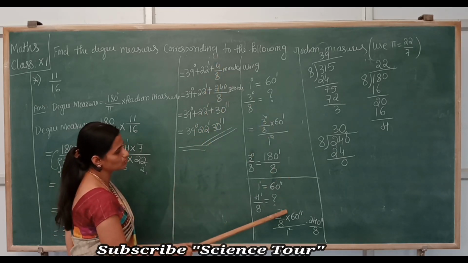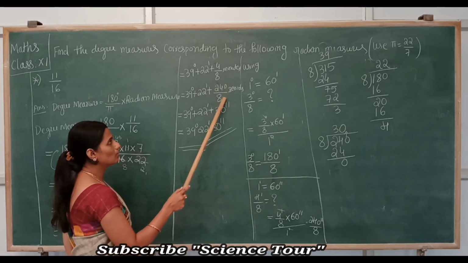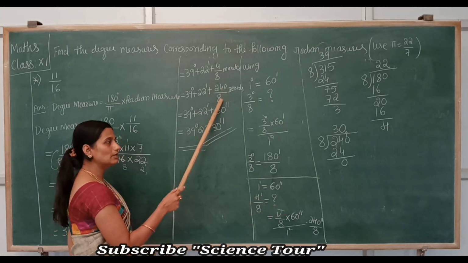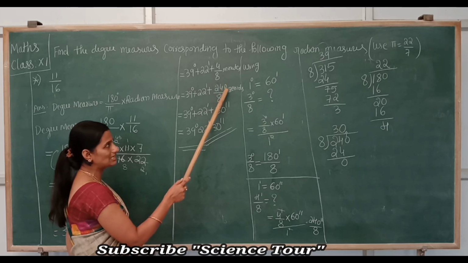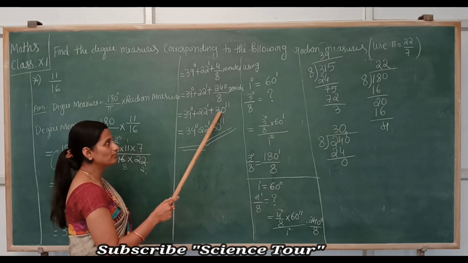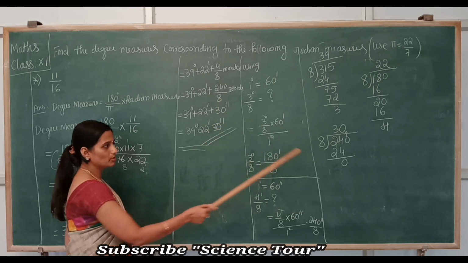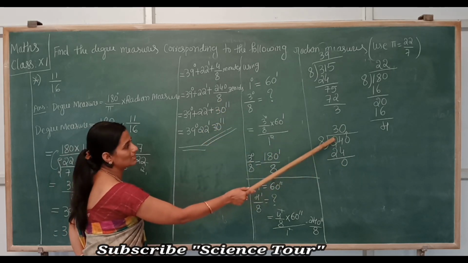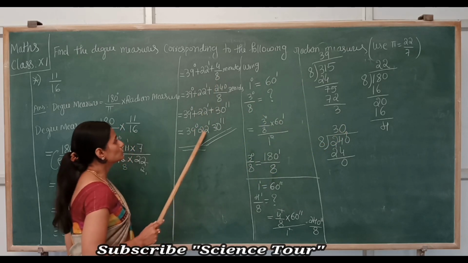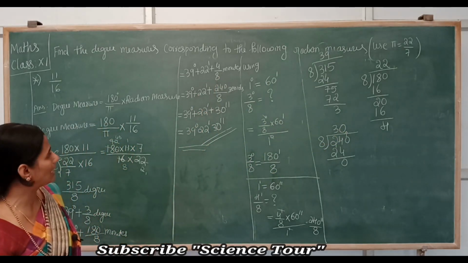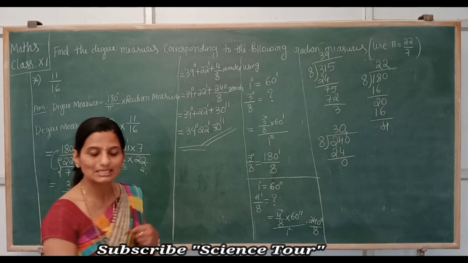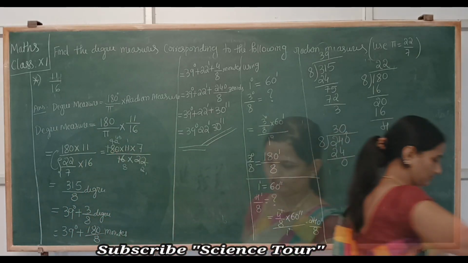By using this one. So next here we got a fraction, so remove that fraction. How to remove that fraction in seconds? Divide it. So we'll get 30 here, a whole number, because the remainder is 0. That means in this there is no decimal point. So this is your answer, that is 39 degree 22 minutes and 30 seconds.